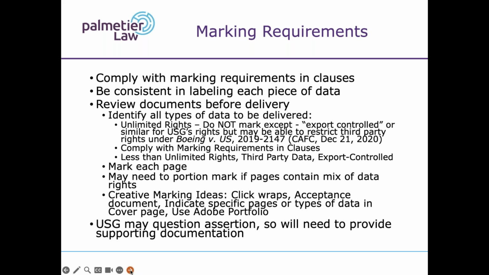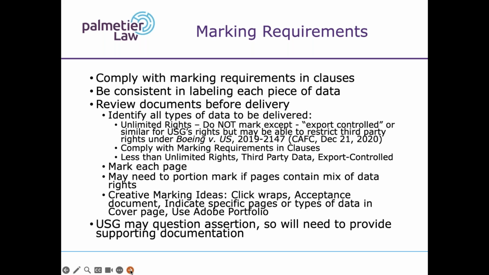You also have to be consistent, because if you mark the data one way in one contract and then in a different way, in other words, you say SBIR rights in this contract, but then in another contract, you say government purpose rights, the government will always get the highest level of rights. Once you give them a higher level of rights, you can never come back down to the previous level. There is a process for correcting something that was mislabeled, but it is not perfect. And it means that anything that was previously labeled, the government is not required to destroy it. And so you have it labeled in two different ways in the government system.